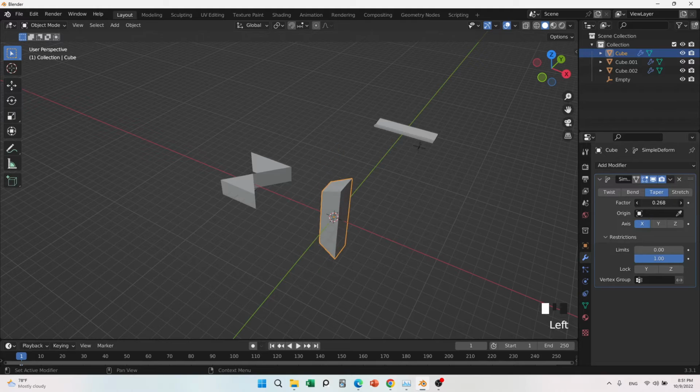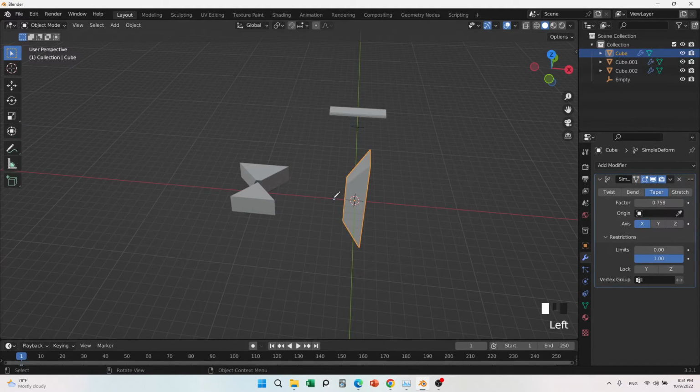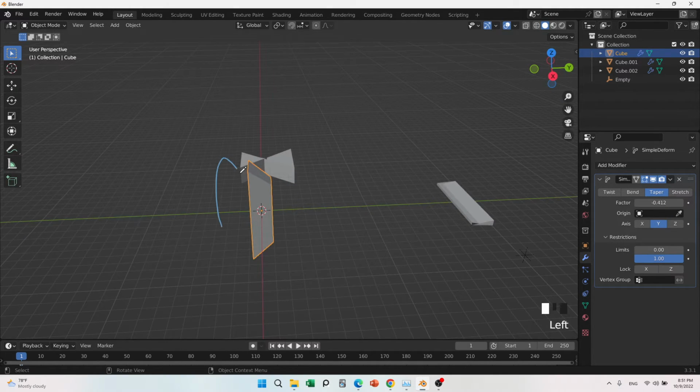See, in x-axis it makes this one smaller and makes this bigger, and vice versa. See, what about y? Again, in y-axis, same, making it smaller and making it bigger, and z-axis,